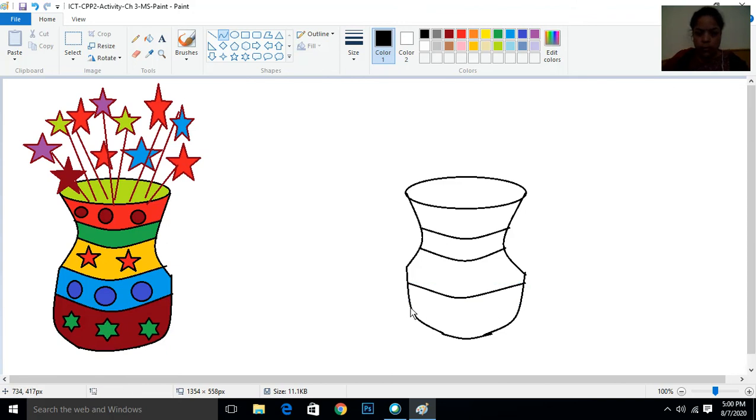Now I will draw one more line here, pressing the shift key. Now I will draw the lower part. You can see here, it is not necessary that you have to make it correctly. I can draw it differently also. It is not coming here, so I am just taking it upside.